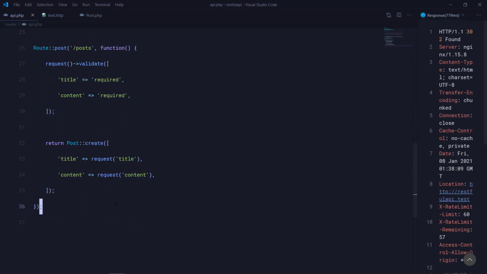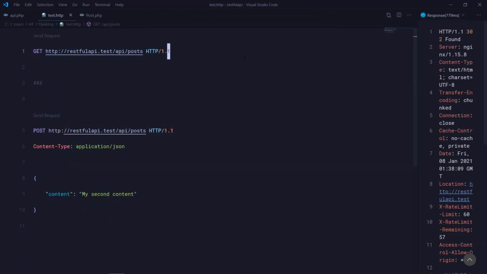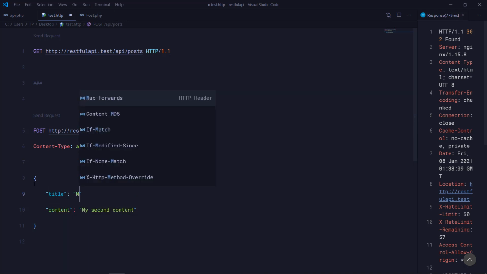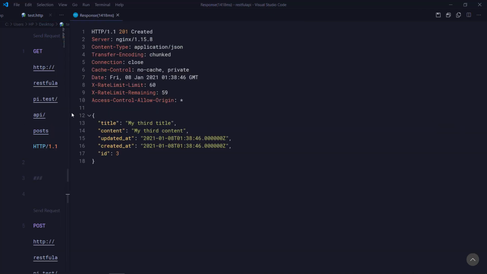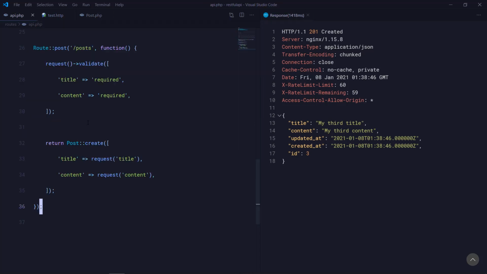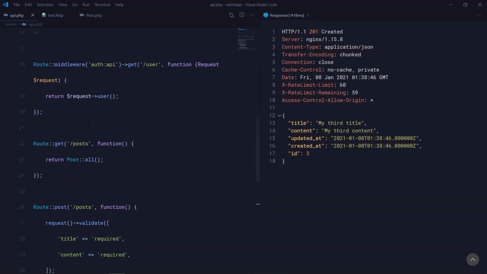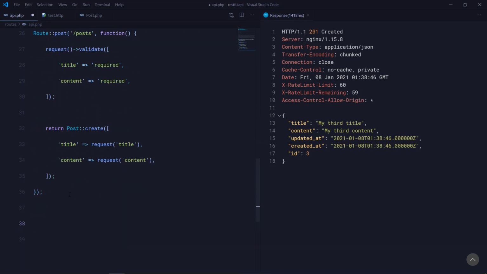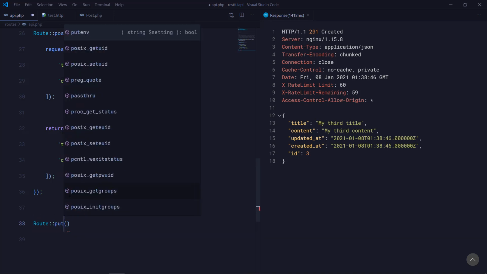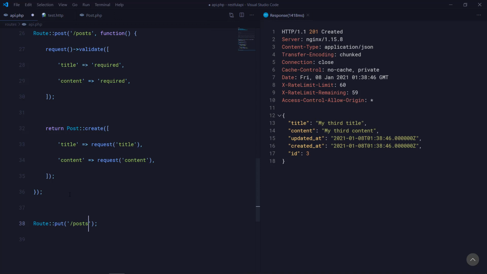The next step is, so now we can get all the posts, and we can create a new post. Let me put title and say my third title. And let me try that again just to see if it's working properly, and it is. So now we've created a route to get all the posts, and we've created a route to create a new post. Now we need a route to update a post, so that needs to be put, and put /post, and